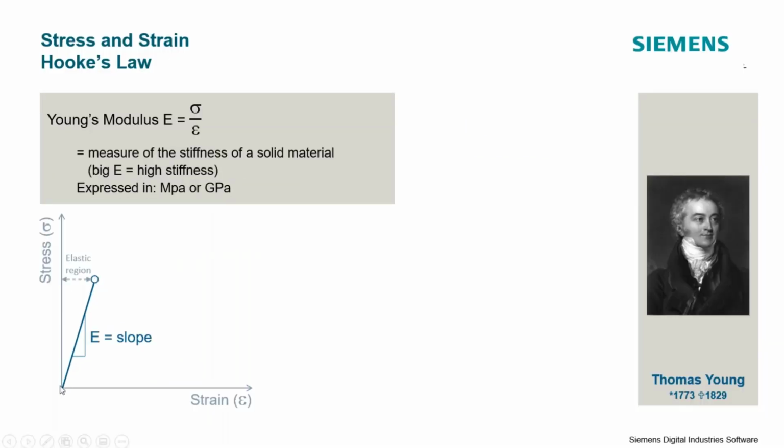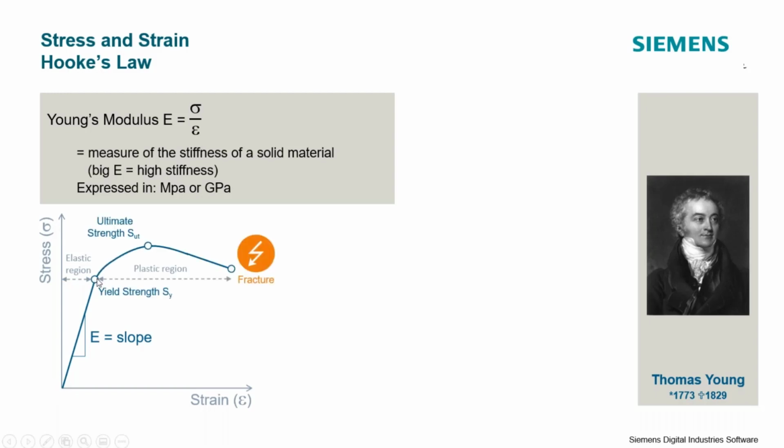We call this the elastic region of the material, or the linear region of the material. In this region, if I were to apply a load to a material specimen, let's say up to here, and then remove that load, the material would return to its original shape. So there would be no plastic strain in the material, or no offset strain from that applied loading. It just returns back to its original shape, no permanent deformation.